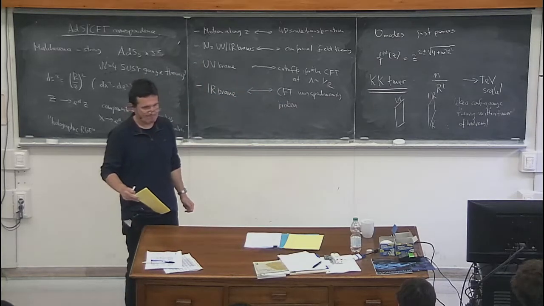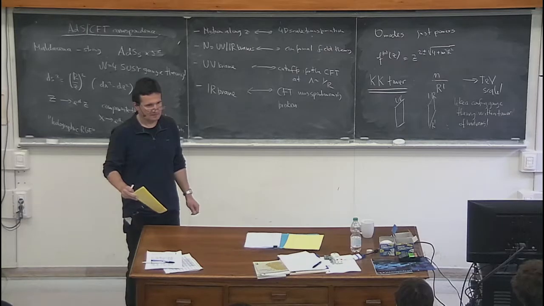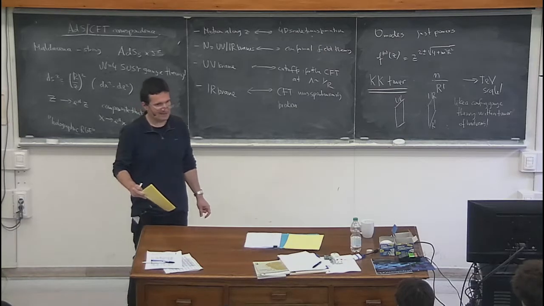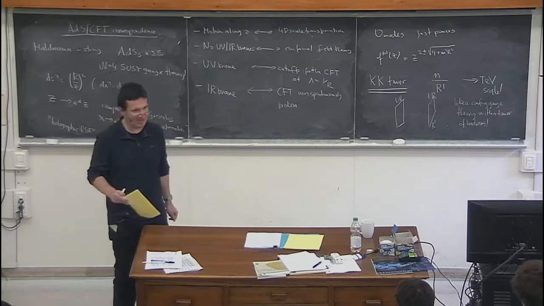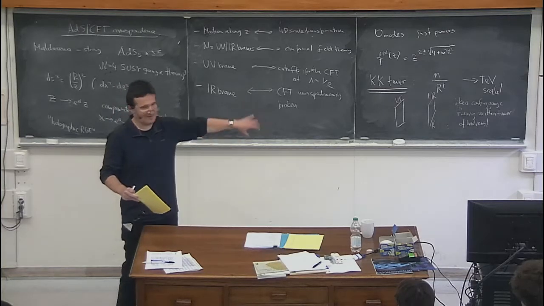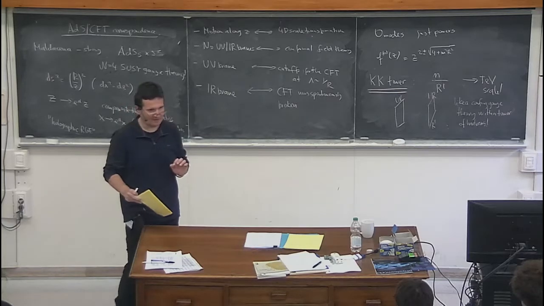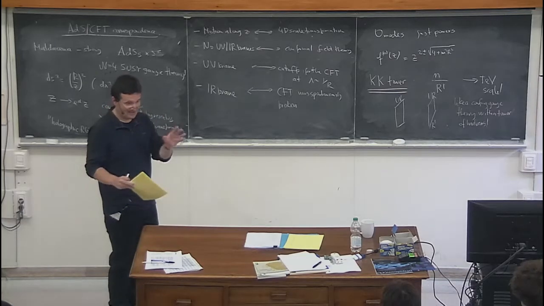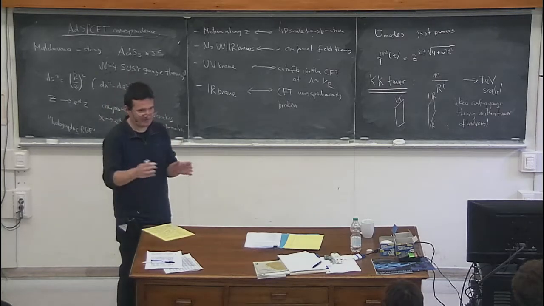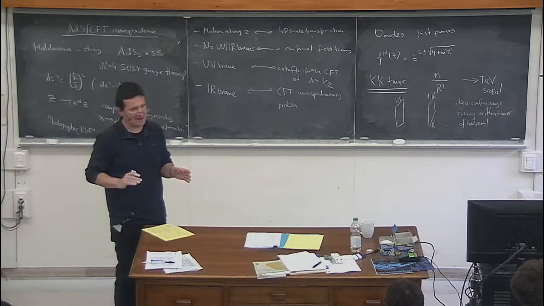If we switch off the UV brane, then yes, we will not get the KK tower. We will still get the KK tower because they are exponentially localized towards the IR brane. So what happens in the UV doesn't matter. Yes, it's like the graviton zero mode. It's a weird thing. It's like I told you for the graviton, that I can remove the IR brane. Yes. There is no expansion